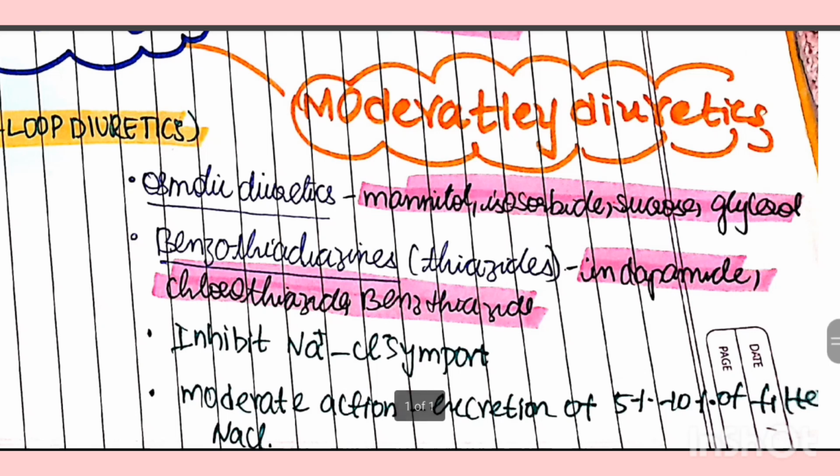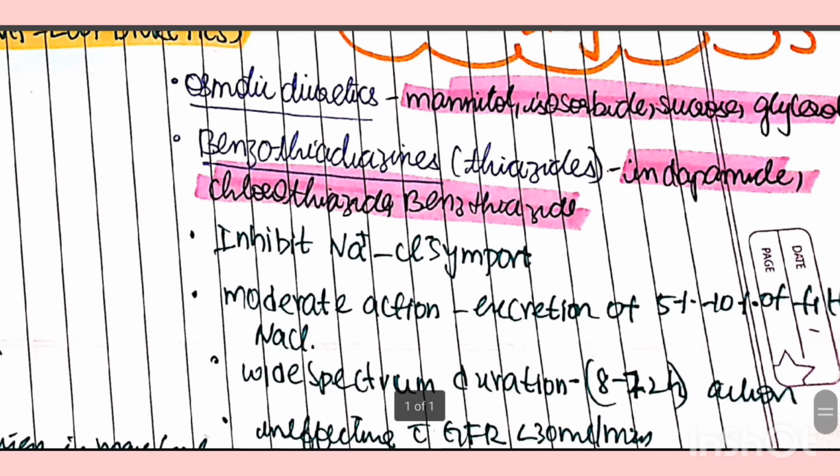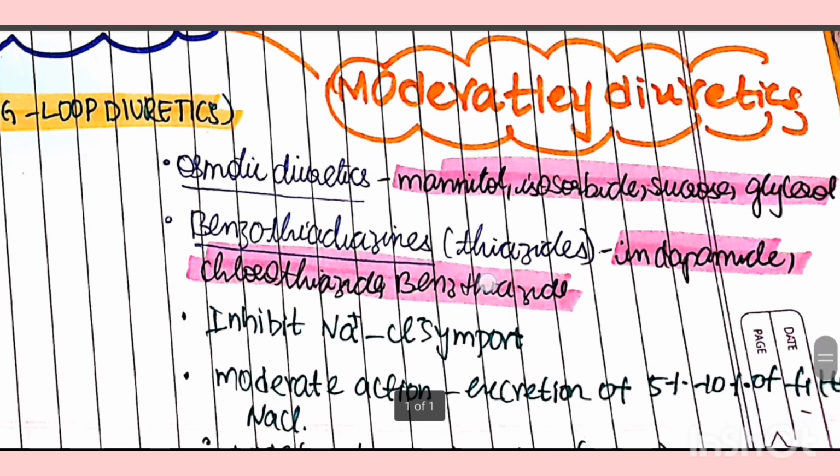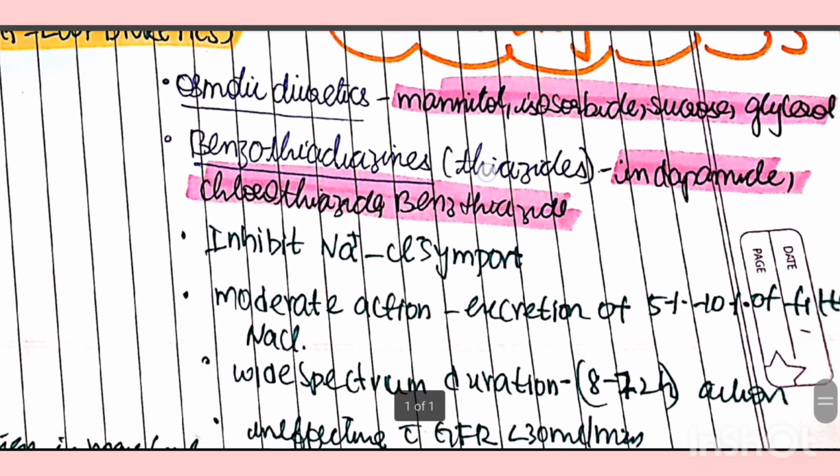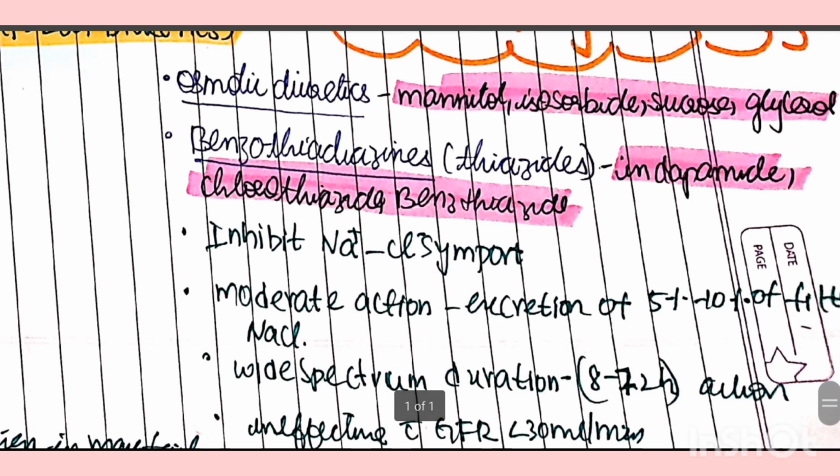Coming to thiazides: indapamide, chlorothiazide, benzothiazide. For thiazides we have the suffix IDE. Whenever you find something ending with IDE, you have to immediately recall that it belongs to thiazide. These moderately efficient diuretics inhibit the import of sodium and chloride,